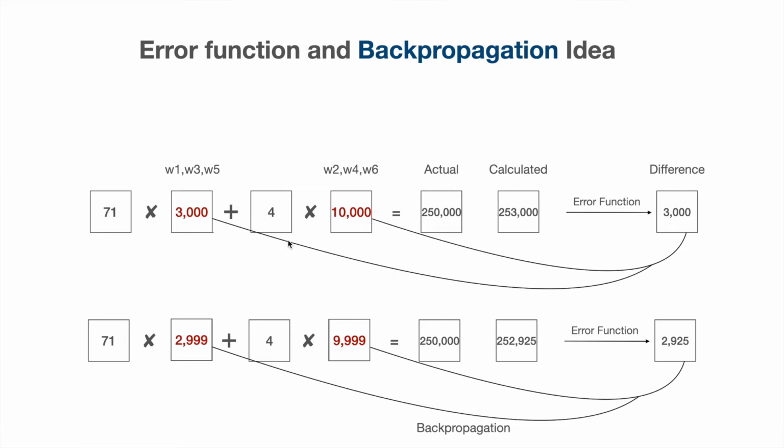So how does neural network learn? Let's say in the training process, it assigns random numbers to this plus random numbers to this, and it calculates the output. And there is something called as error function that calculates the difference, and then difference is passed on to these weights and biases so that they can update.